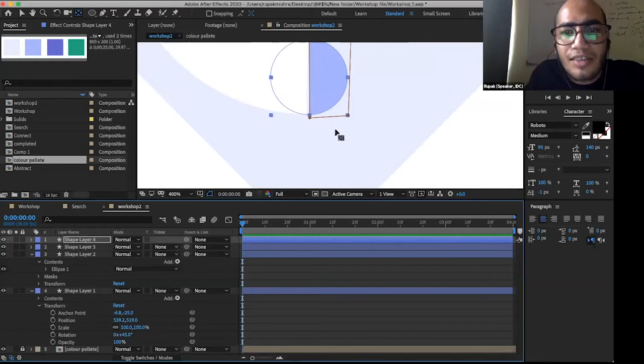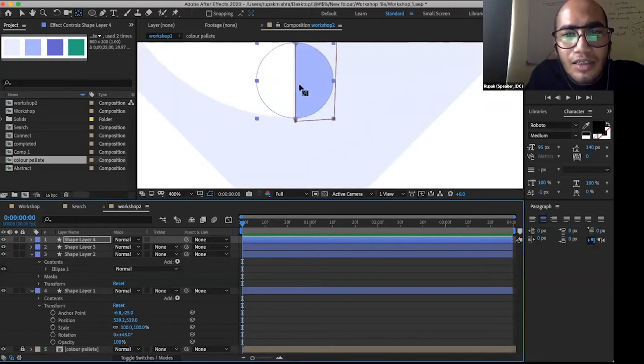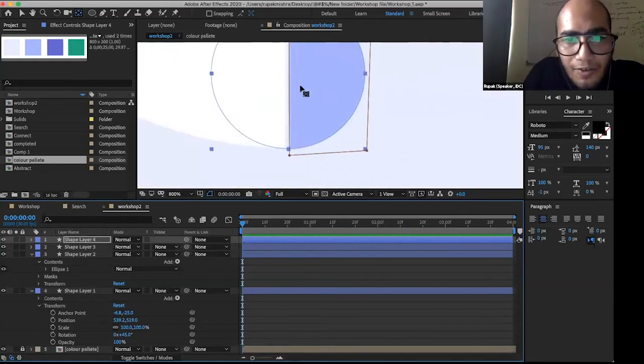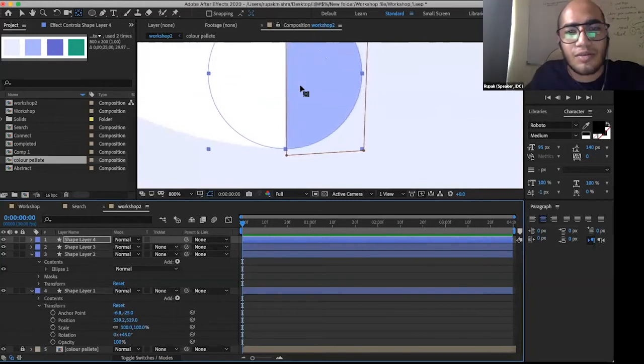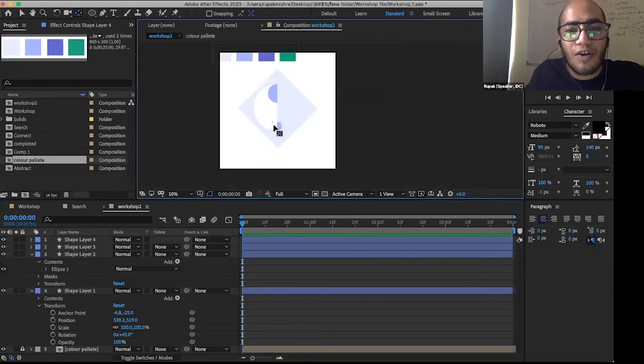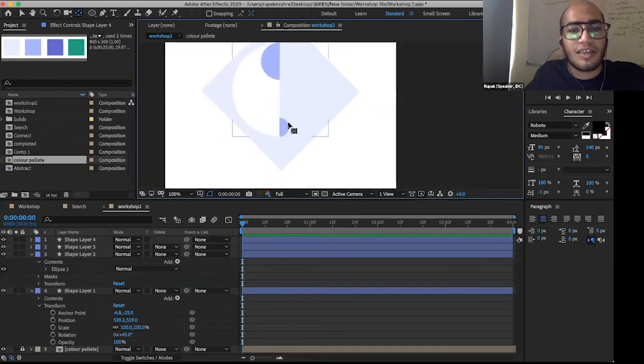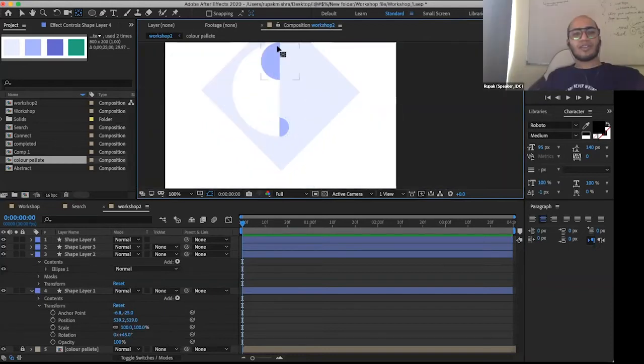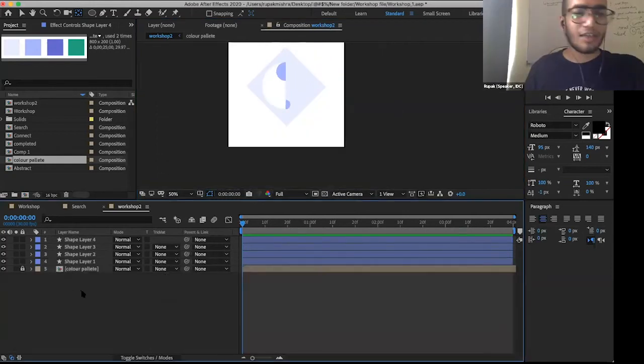Also guys, you can see there is a bit of a gap, so you can fix it by moving the positions. So our one shape layer, one semicircle, is at the bottom and one semicircle is at the top.